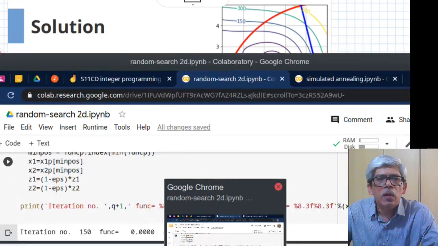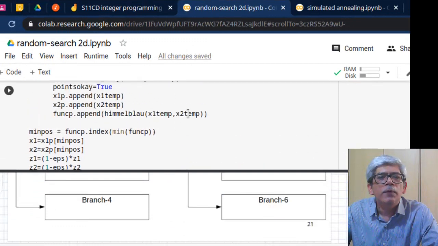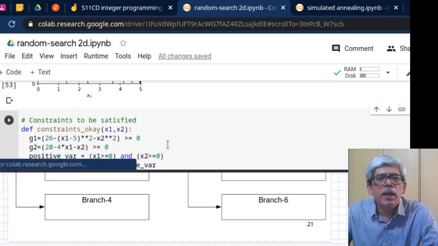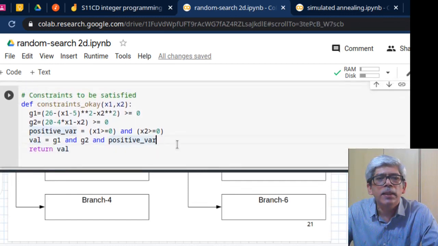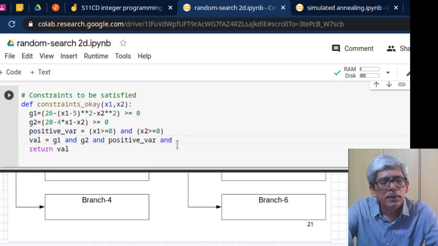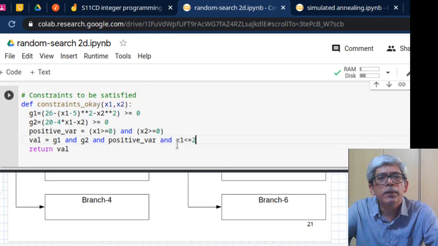I will recall my code. In my code, I will add my additional constraint, x1 less than or equal to 2.